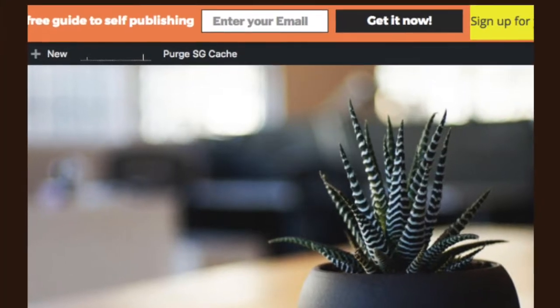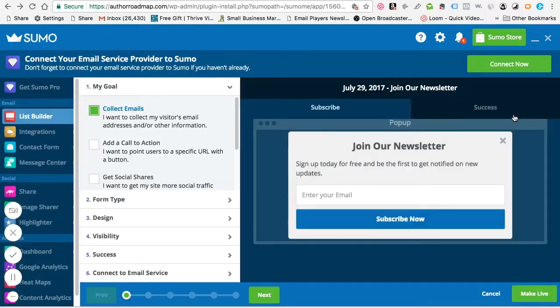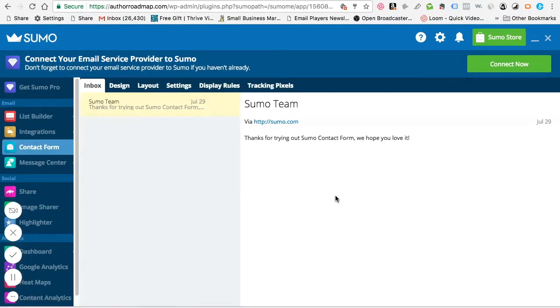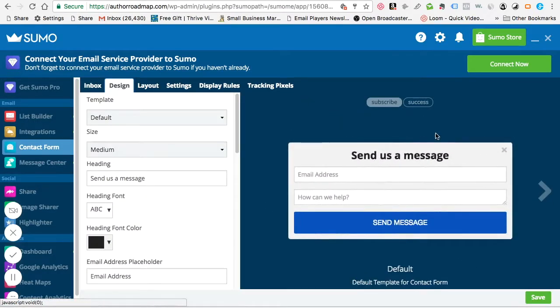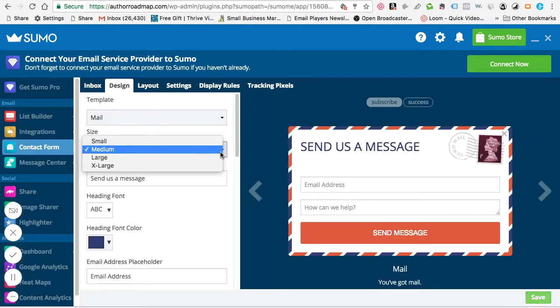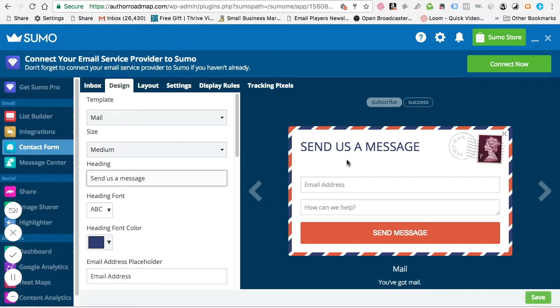You may want to take a look at some of the other features that they have here. Let's say you want to create a contact form. It is not active, so you can also activate a contact form. So you can design the contact form, and it would look like this. You can have it as a mail, or you can also choose the kind of size that you want, and then "send us a message," which is also fine because basically this is for people who want to contact